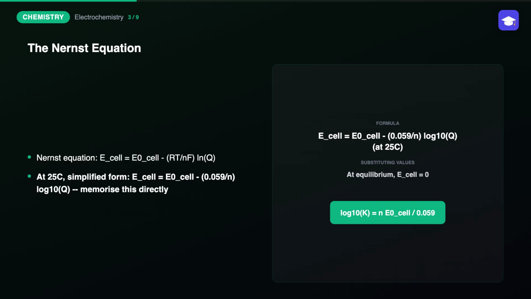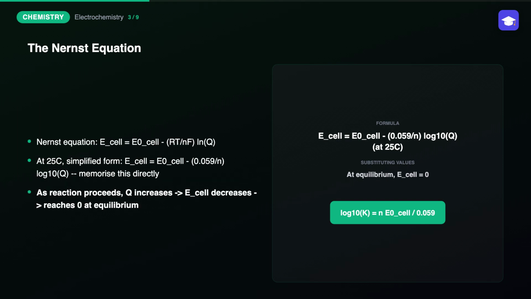At the standard, commonly assumed temperature of 25 degrees Celsius, substituting in the known numerical values for R and F and converting from natural log to base 10 log conveniently simplifies this to E cell equals E naught cell minus 0.059 over n times log base 10 of Q. This simplified numerical form is genuinely worth memorizing, since it appears constantly, repeatedly throughout JEE